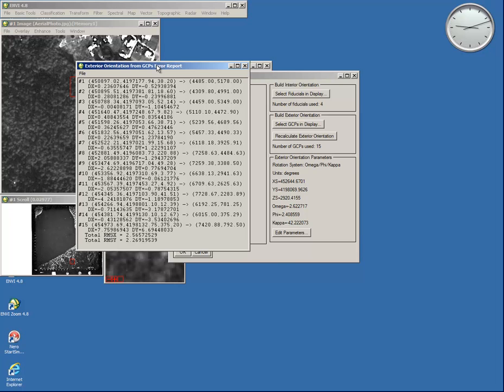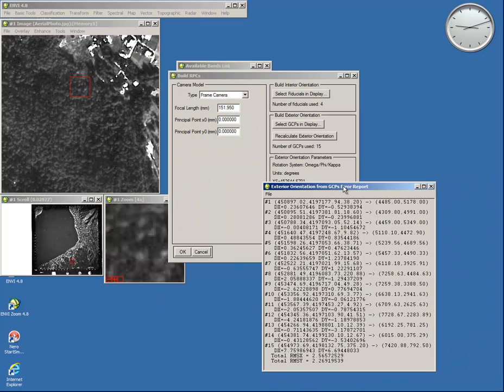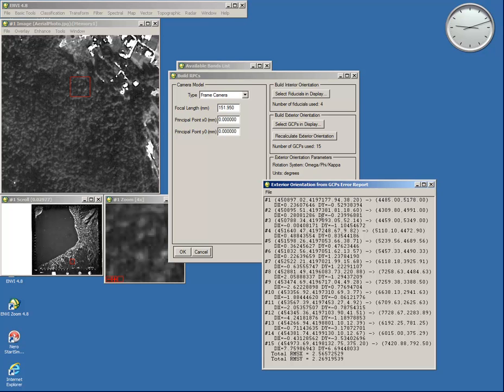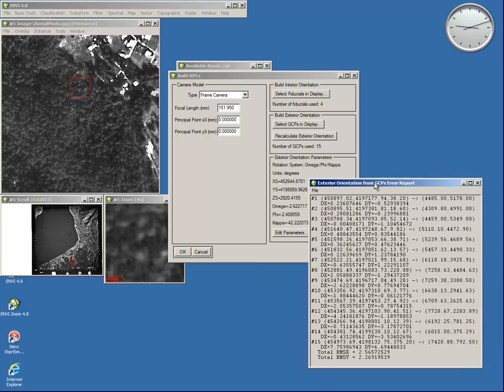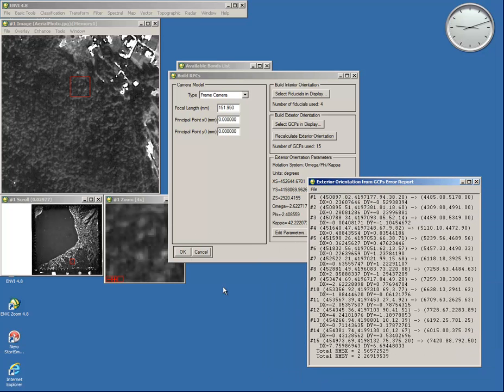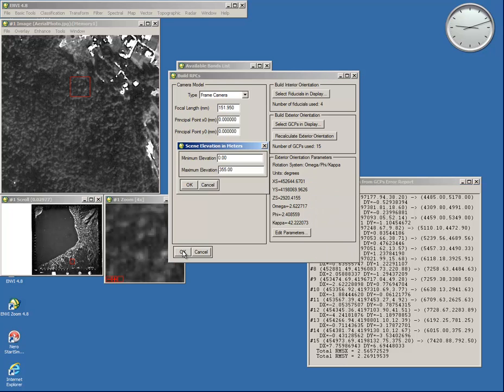As soon as I export them to the RPC widget, I have the external orientation report, and if I accept the total RMS errors, then it's fine to proceed. I'll press OK.